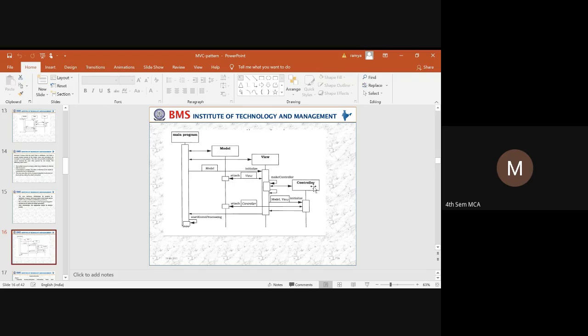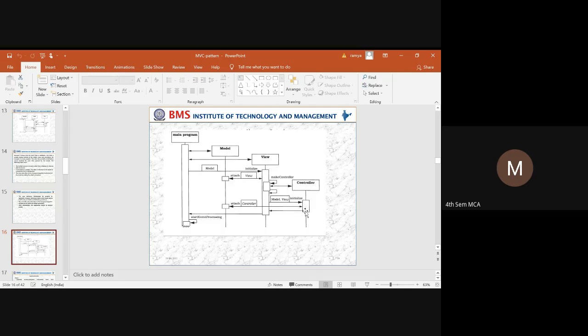Once a controller is created, next what happens? It has to initialize all the procedures through the model and the view. So it will take the model and the view, and it is going to initialize all the procedures. Later, once the initialization has been considered, now what happens? This controller will request the model. So the model will attach the controller, fetch the data, and send it to the controller.